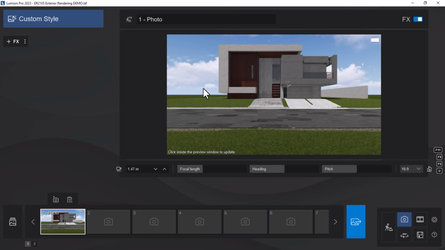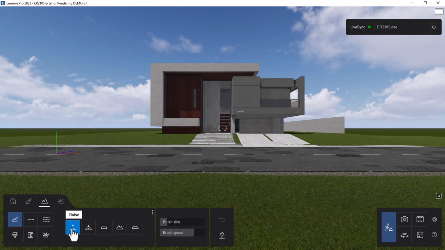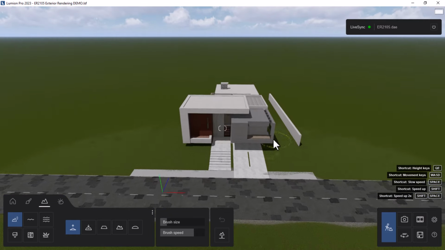You have to have a background. So in this case, I'm going to use the landscape. While I'm still under landscape, I'm going to activate the height and then bump it up. I'm going to raise the height. The speed is fine there. Let me just raise the height of this